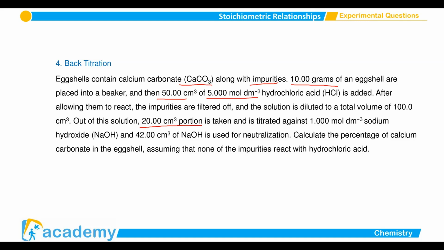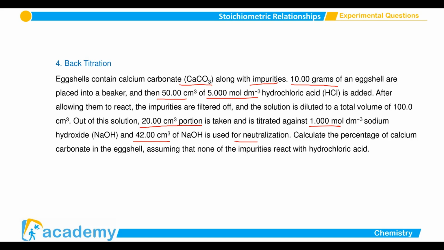You know it from our previous videos. It's really difficult to make a titration with 100 cm³. It's a huge volume and will take a lot of time. So we use a smaller portion, which is 20 cm³ in this question. It is titrated against 1 molar sodium hydroxide, and 42 cm³ is required for the neutralization. The question says calculate the percentage of calcium carbonate in the eggshell, assuming that none of the impurities react with